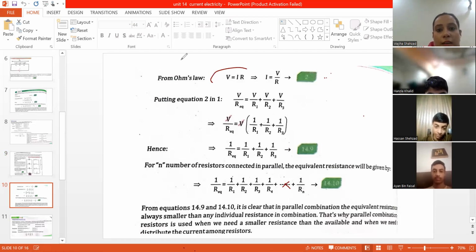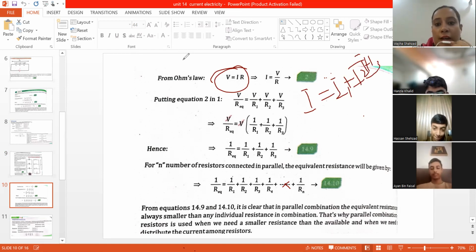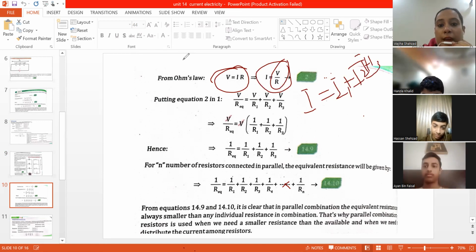V is equal to IR. As we have previously learned, the equation is I equals I1 plus I2 plus I3, right? So we have to take out the value of I from this relation. V is equal to IR, and we will get I is equal to V by R. So put the value V by R in the previous equation 1, we will get V by R equivalent,